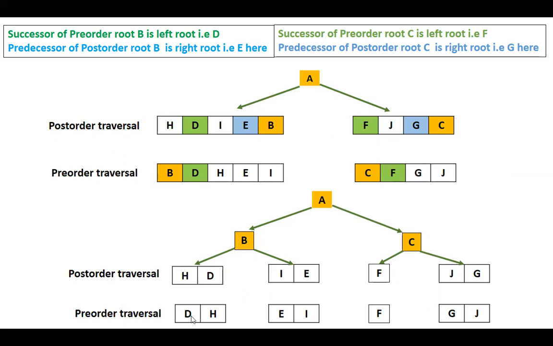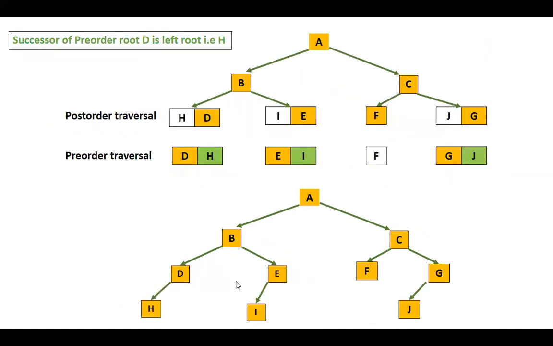Again, the root is D, the first element, and in case of post order, D is the last element. So root is D. Again, you'll find out the left side and the right side of D, right? Immediate successor of D here in case of pre-order is the left side of D, right? So go up here and check, starting from, that is H. Now starting from H, H is the only element. So D's left child is only H, right?